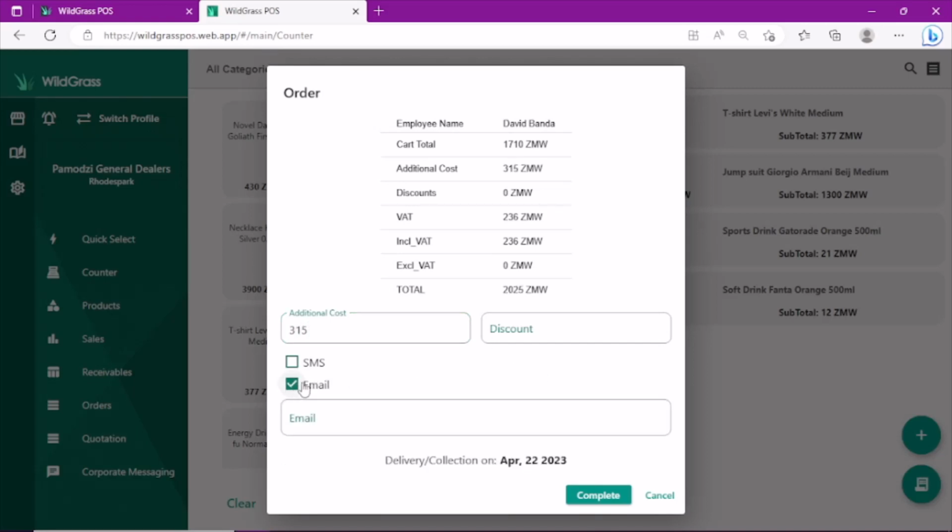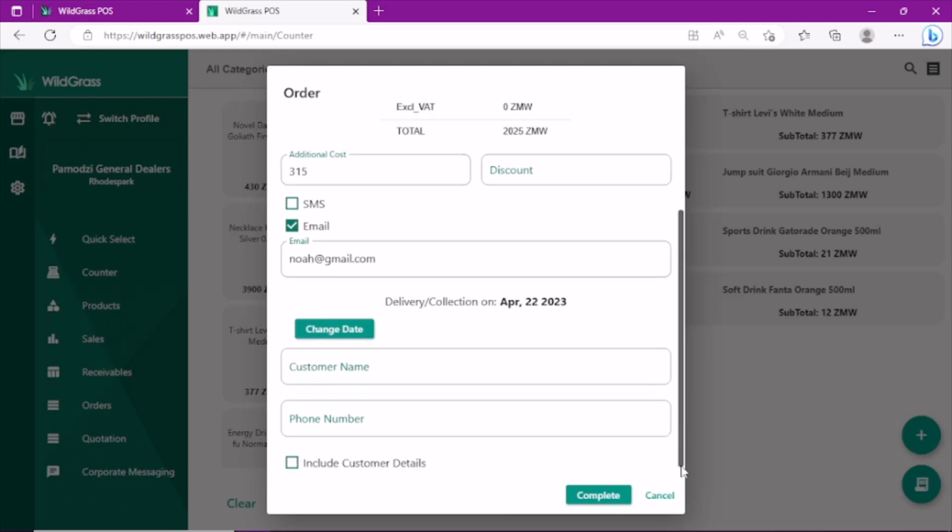Click on email, SMS for sending options, and we'll say this is Noah, Noah@gmail.com. Then we'll set the date for which this order will be valid,